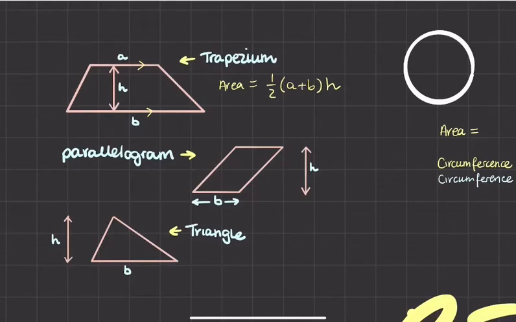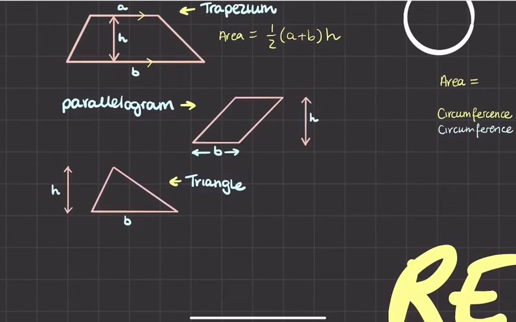Then we had the parallelogram as well, and that was simply base times height. So the area for this one, area is equal to base times height, and that height there must be perpendicular, it must be at a right